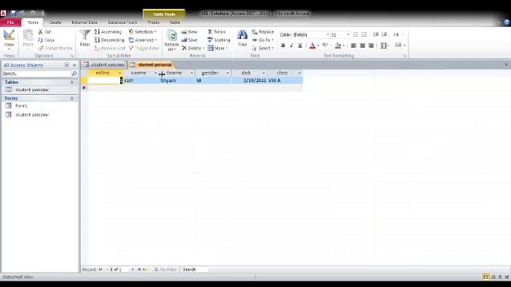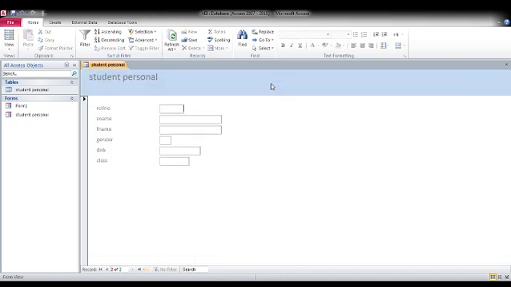So instead of entering data in this hopeless boring window, I can go with that form window, I think it is more beautified and it is easier to enter. I'm just pressing enter after typing the data. I'm not doing anything else. I'm just typing the name and then pressing enter.